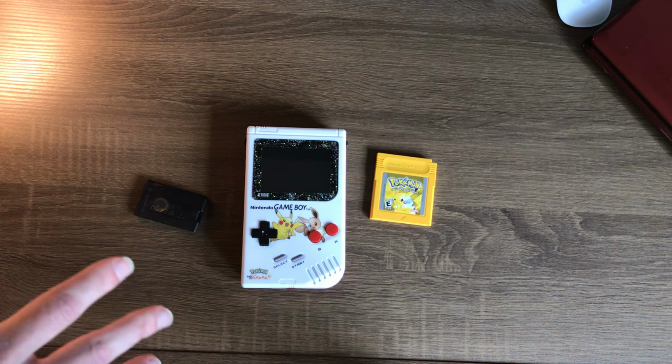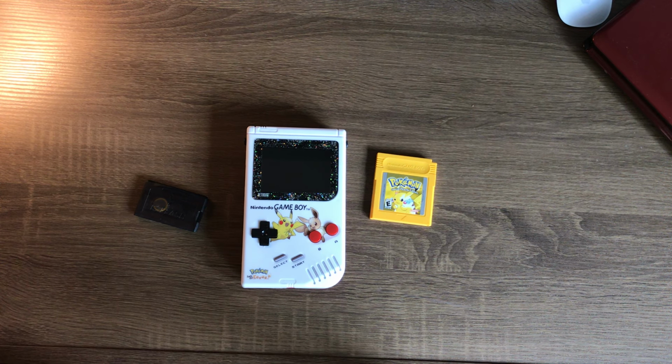Like if you want a Game Boy Advance instead of a DMG, he can put a Game Boy Advance inside of a Game Boy Color shell, a Game Boy Pocket shell. He can put a Nintendo DS bottom screen inside of a Game Boy Pocket and Game Boy Color to emulate ROMs and stuff, and he's the only one I've seen who can put it inside of a shell as small as a Game Boy Pocket. So, he charges a whole lot for them, but he kind of has control over the market at the time being. So he's pretty polarizing, but either way, regardless of how you feel about what he makes,